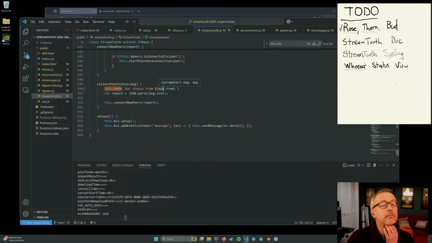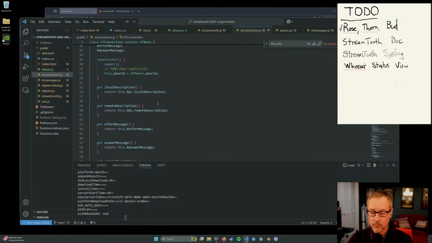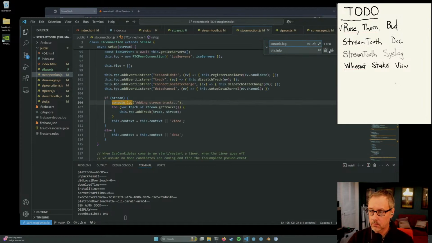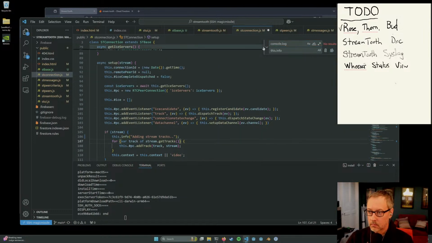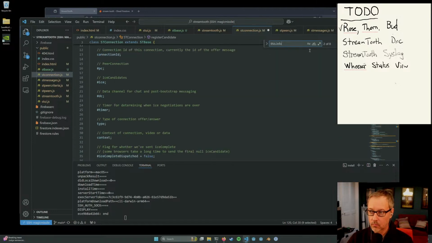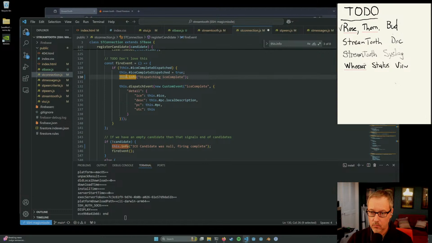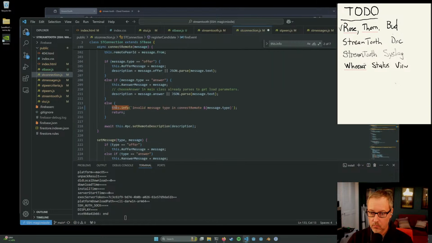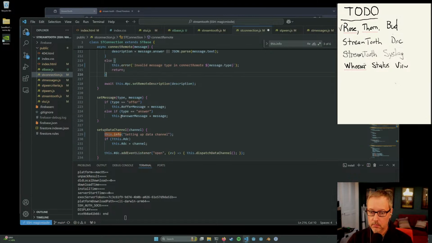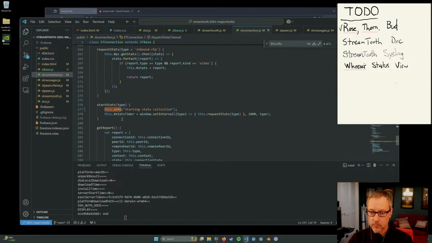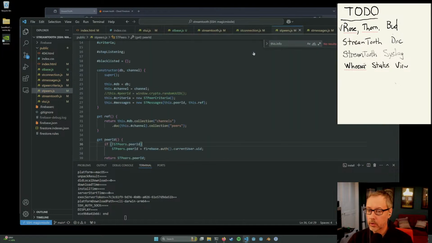Okay, that all looks good to me. Error. Okay. This looks like debug to me.